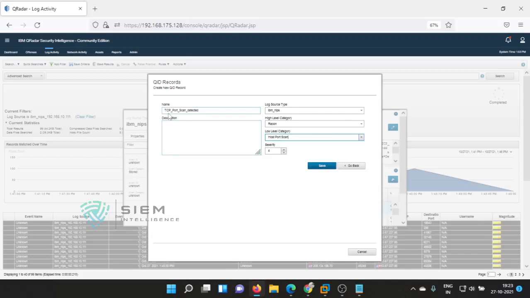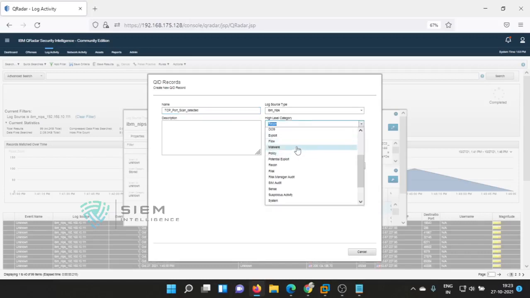If you know the kind of name, it is scan related; if it is virus related, then the high level category is something like malware. If it is DoS related, then it is DoS. If it is risk related, audit related, system related, suspicious activity related, see, there are so many options. These options are available by default. You can select one of them.